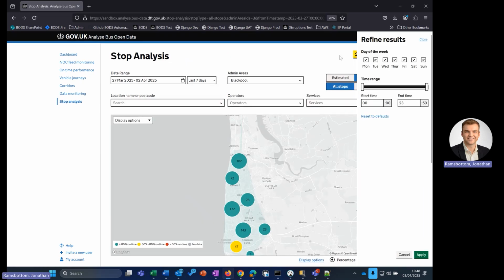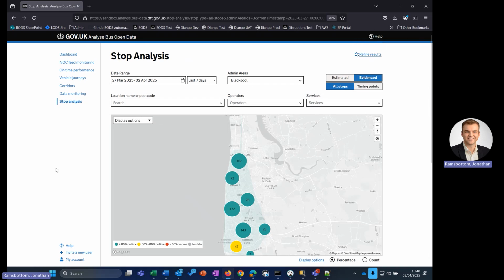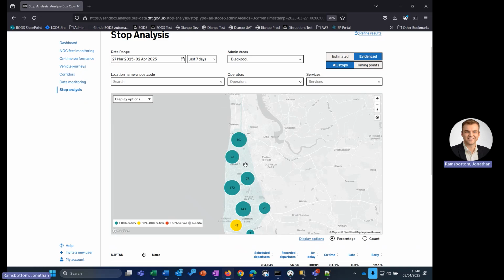So as per the on-time performance, I can choose a specific day of the week in my date range selected. So if I only want to look at Mondays, I can select just the Mondays. Or if I only want to choose the morning bus journeys, I can filter that time range like so and apply that time range. Once I've chosen the filters that I'm interested in, I can look on my map and